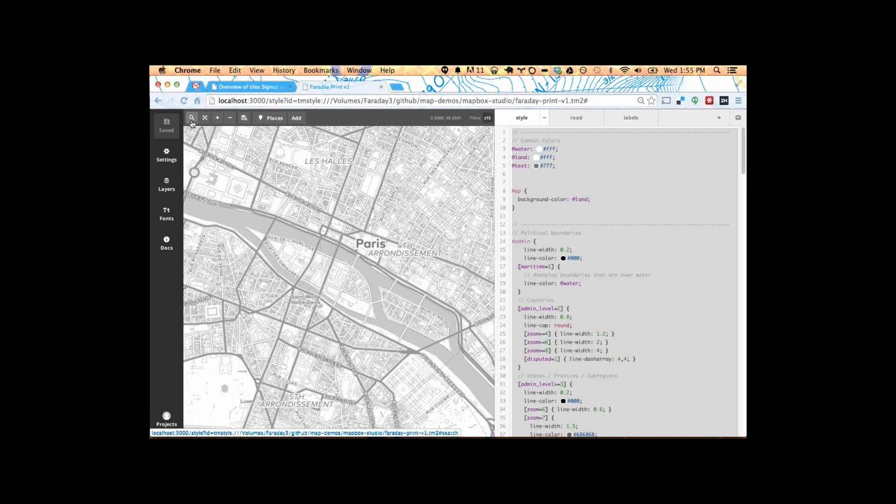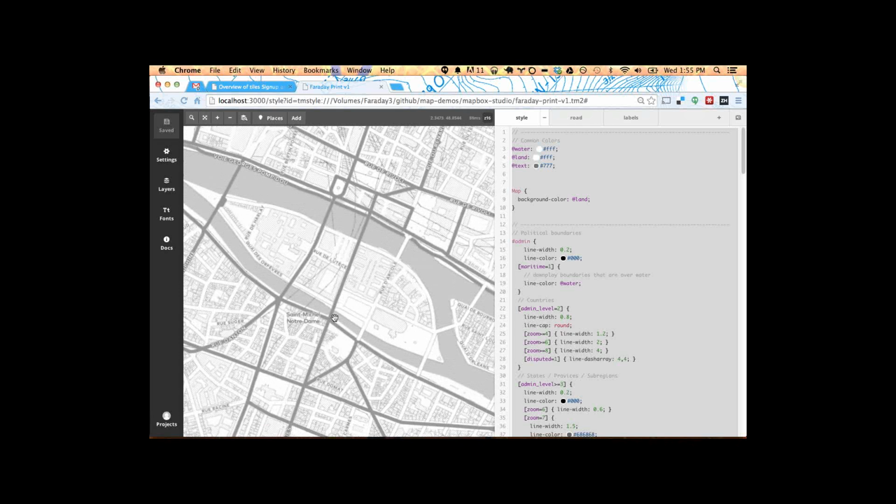Something that I just noticed when Leslie and I were setting up the webinar, and is a new feature as of, it seems like, a week or two ago, is the ability to look at a broad swath of different types of cartography or different land use types for your particular style. So this is a style I've got set up. Incidentally, this is the style that we use for print maps at Faraday. You can see we're in Paris right now. What if I want to see what this looks like in the countryside? I can go to the Places button here,